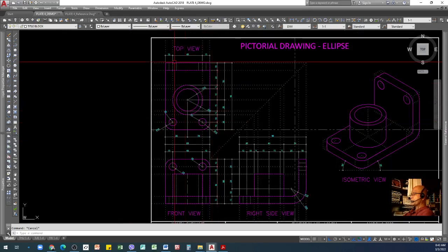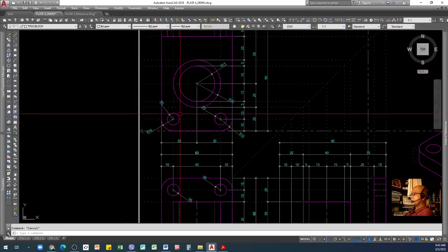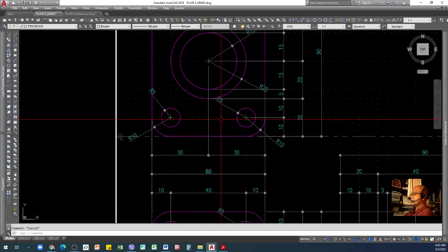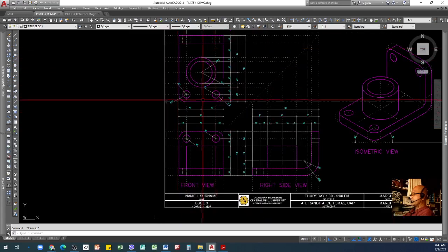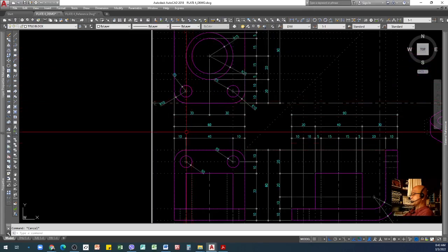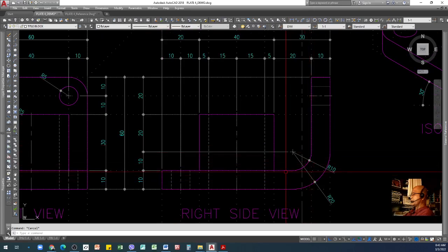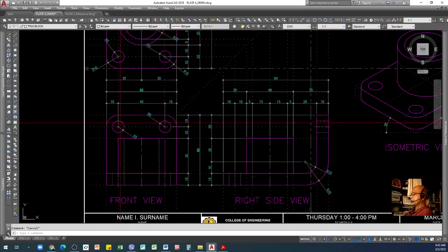You know how to do the circle already, so just follow the location of the center of the circle, and then you can create it. It is very simple. I just added curved lines and circles.